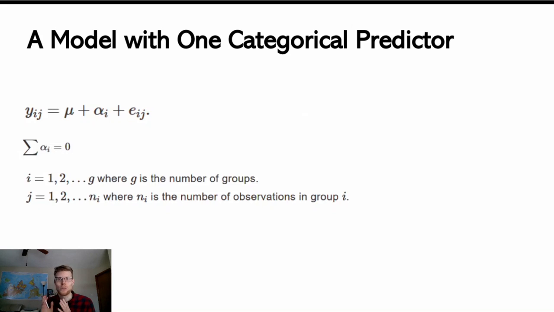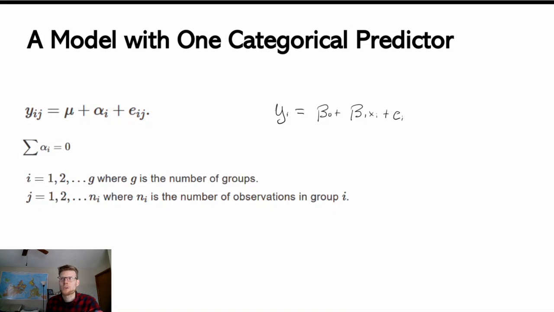So I could actually use this model in a two-sample comparison as well, but in general, we can use it for as many countable factor levels as we want. This model might have some familiarity to the simple linear regression model that we've seen before, which looks like y sub i equals beta naught plus beta 1 times x sub i plus some random noise